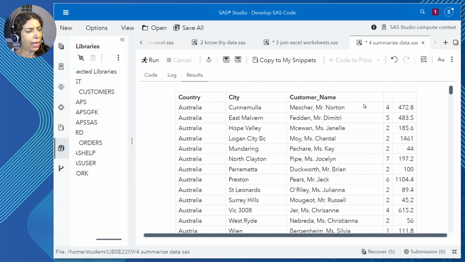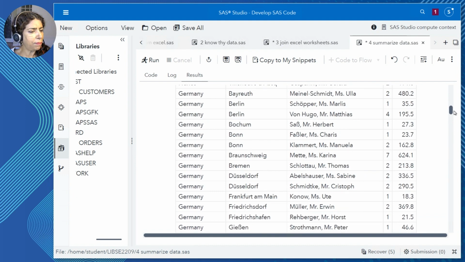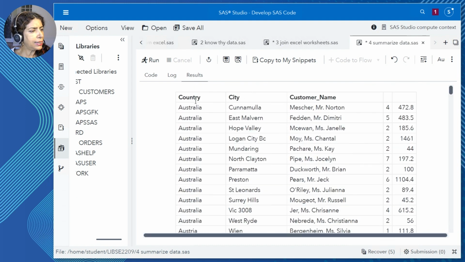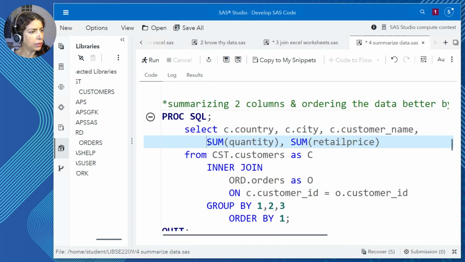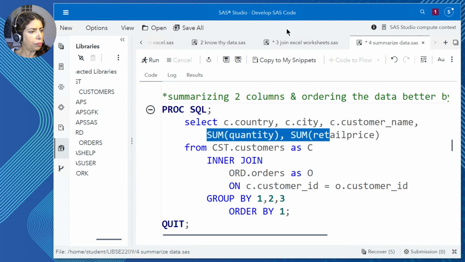They don't have any description, so we're going to stick labels on those. And I see that the data is now sorted by country. Great, I've seen how I can build multiple summary columns.